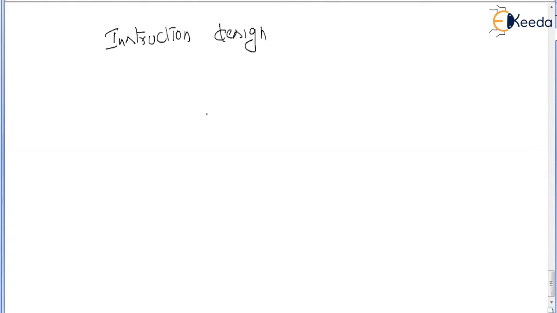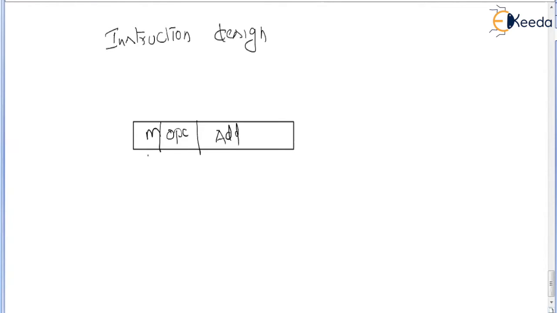Okay, so if you could remember, our instruction is of 16 digits, right? We have a mode digit and 3 opcode digits and 12 address digits. Mode digit is equal to 1 digit, and there are 3 opcode digits and 12 address digits. Here, when it comes to the instruction design, as we discussed in the previous slide, we were talking about one address instructions, right? We simply talked about one address instructions.